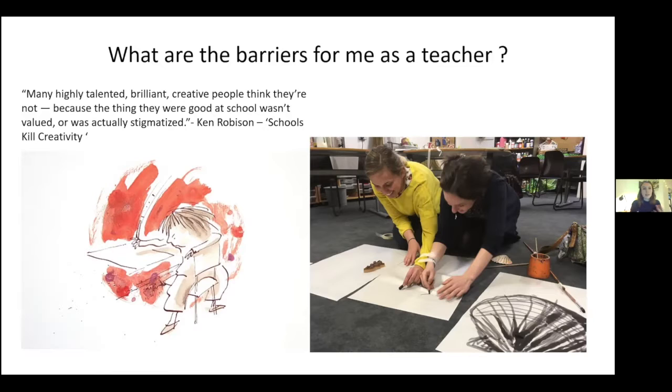Every school will have their own thing. It might be budget, it might be resources, it might be time. Time is a massive one for so many teachers: how can we actually fit in all these amazing lessons that we want to do? So it's thinking about how that is going to work. When I show you the breakdown of the plans, it's about making that work for you.